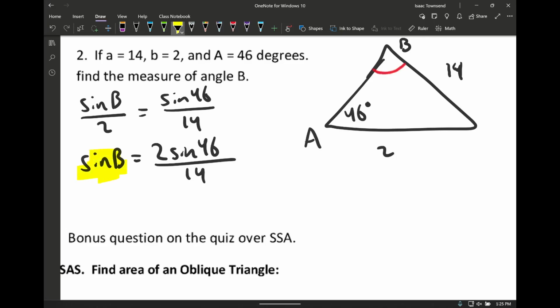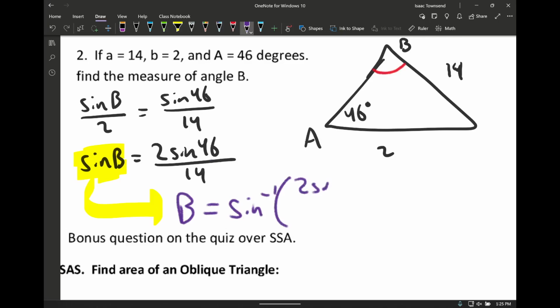But what I was trying to say with that written out example, the part you need to be careful about, this is guaranteed to be a number between -1 and 1 because that's the range of sine. This is not what B is equal to, this is what the sine of B is equal to. B is going to be the inverse sine of that. So again, assuming your calculator is in degree mode and assuming you type it in correctly,